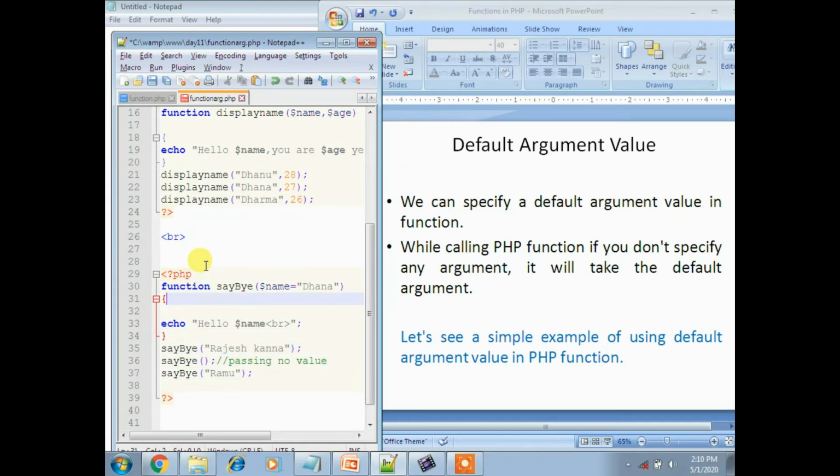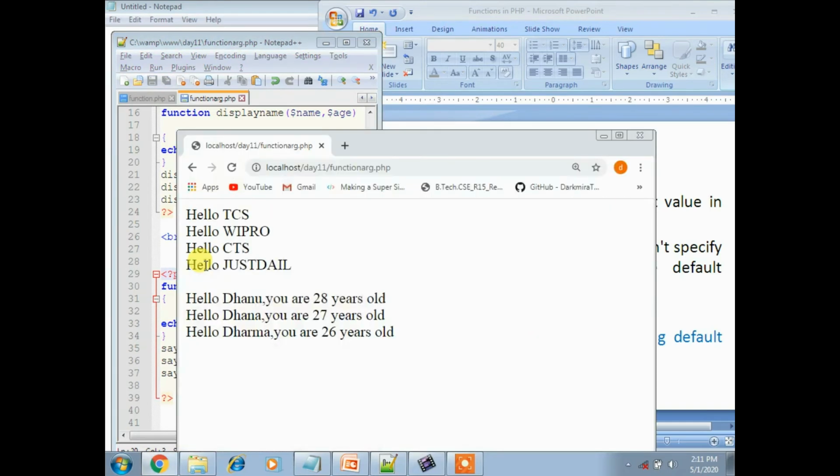Now here whenever I am typing, like here I selected, this is one code which is related to default argument value. Okay, now save this program and execute this. Now hello Rajesh Khanna, and then hello Dana, and then hello Ramu, right? So you got the values.